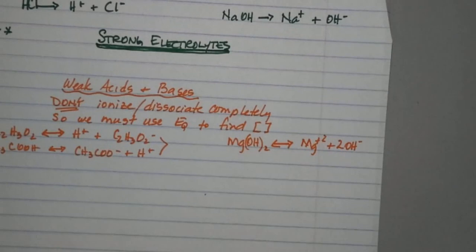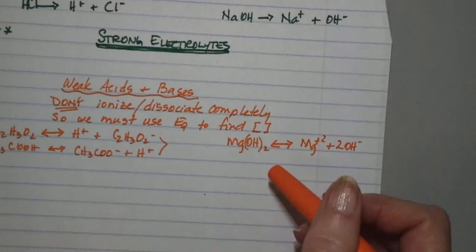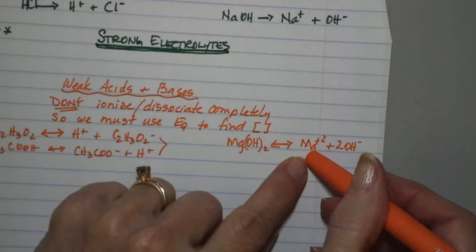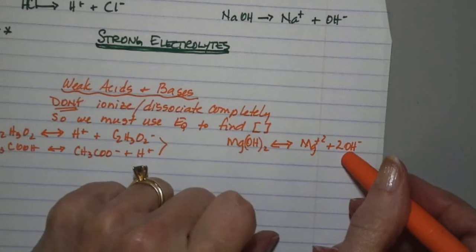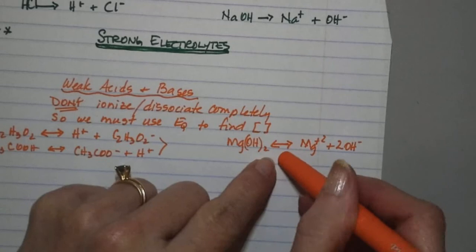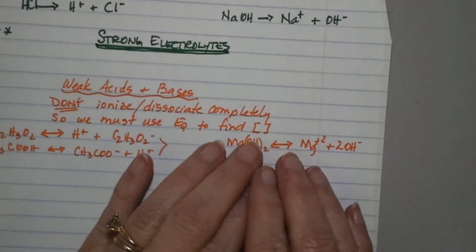But if I have 0.1 molar magnesium hydroxide, I'm not going to have 0.1 molar of this and 0.2 molar of that. It's not going to be that, because it's not going to ionize or dissociate completely. Yes? That's the whole thing about the equilibrium expressions. It's the fact that these reactions don't go to completion. Even though we say this isn't a chemical reaction, this is just, do I need